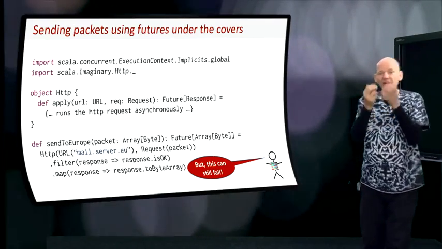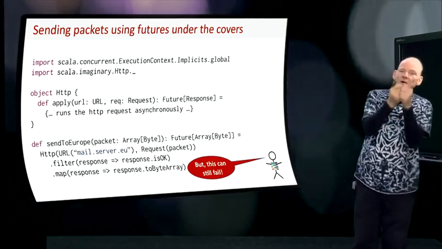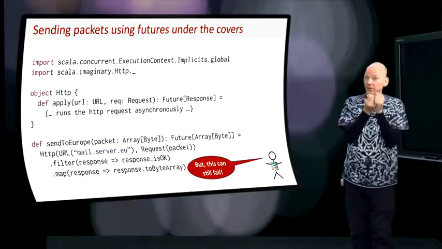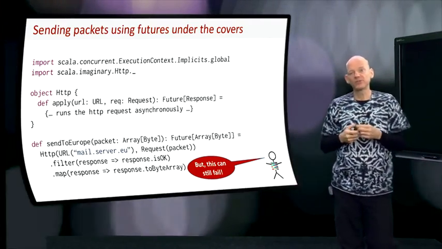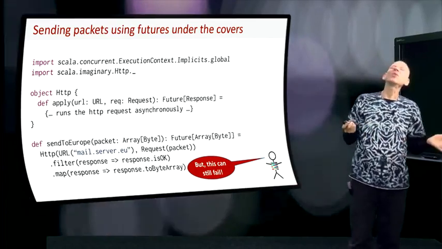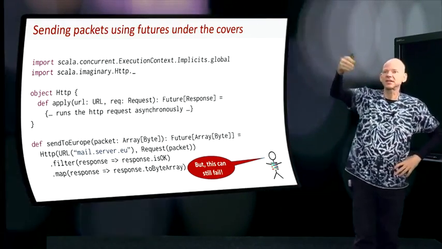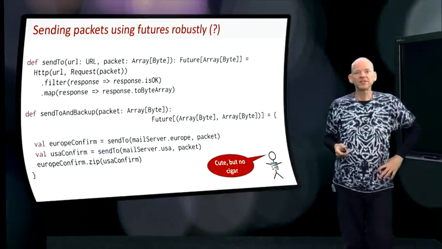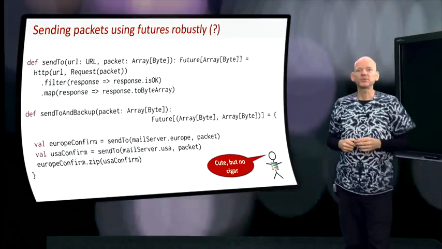So let's try to make this code more resilient, all right? We want to make 100% sure that when we send a packet, it actually reaches the server in Europe. One way to do that is, why don't we send this packet twice, to 2 different servers? So here is what we do: